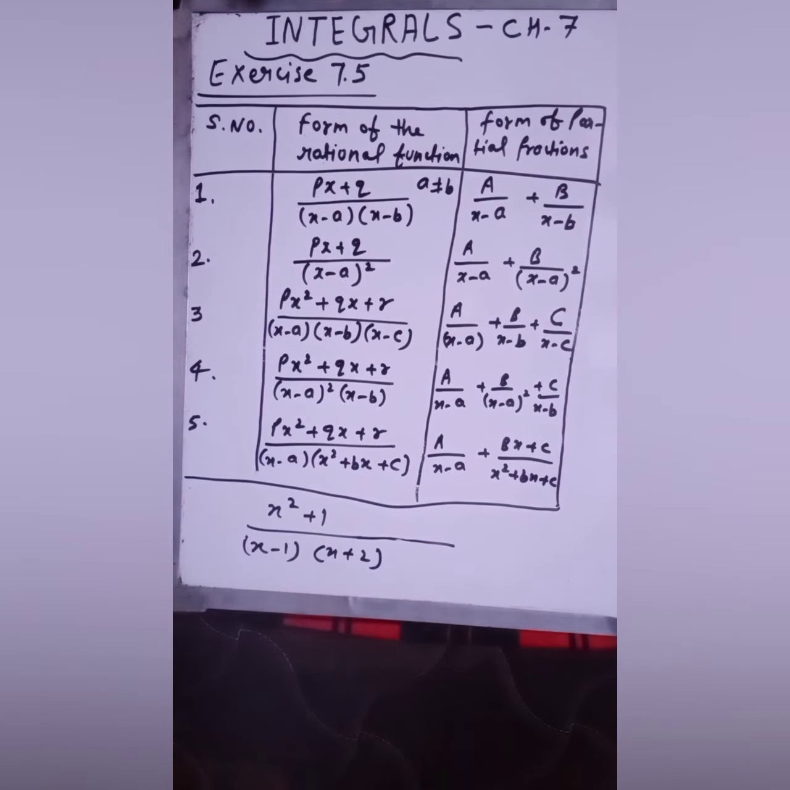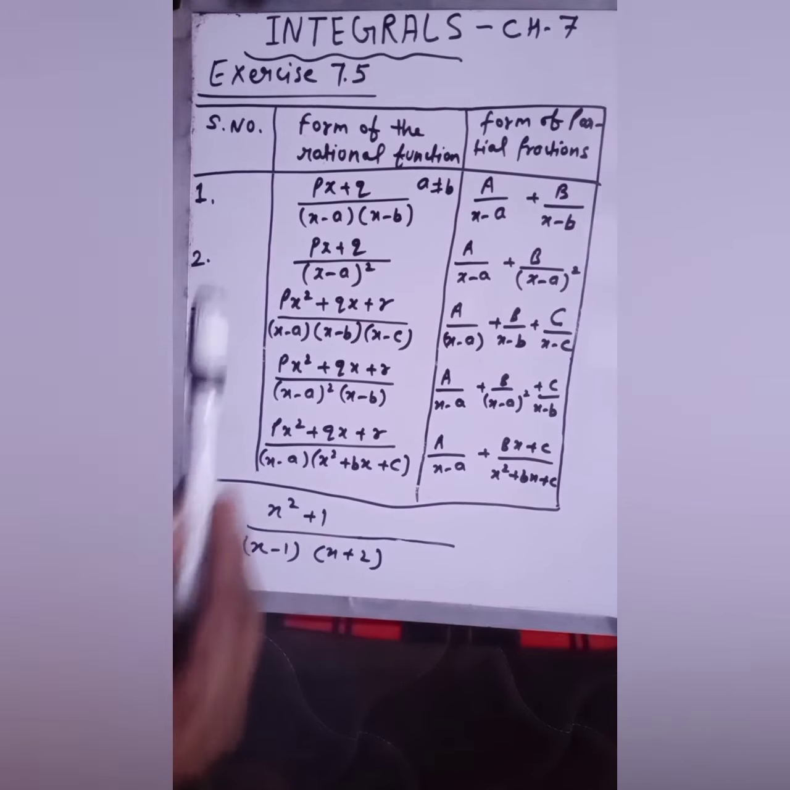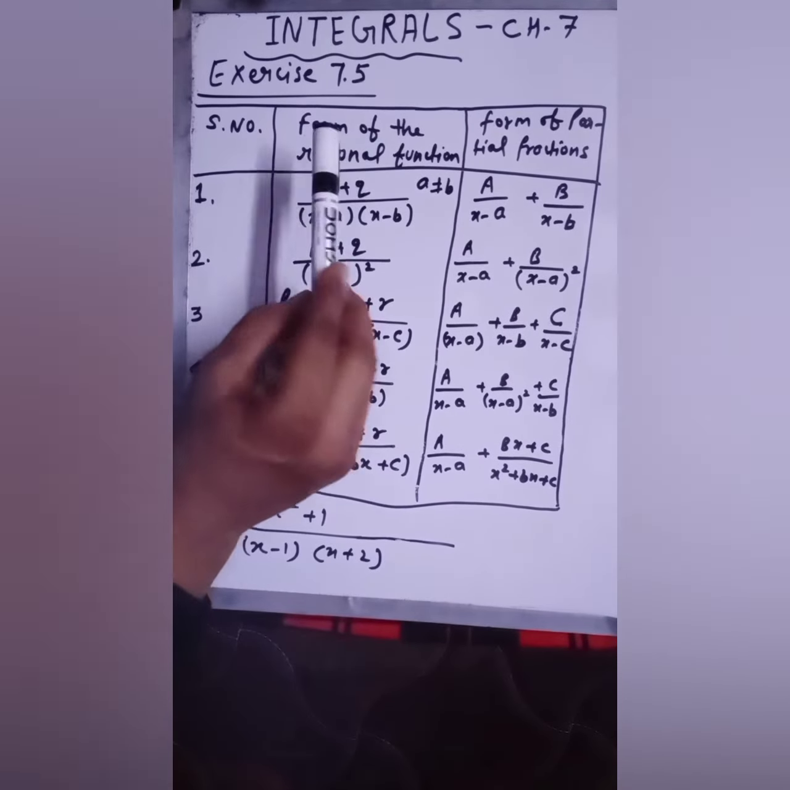So the most important thing which you have to keep in your mind is that the degree of the denominator must be more than the degree of the numerator. Then you have to apply partial fractions. Now how can you apply this? Suppose here this is your first part. If your